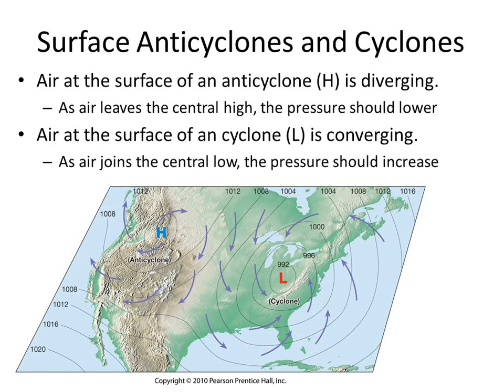So here's the deal, and I didn't say it, but on the slide with the high, it said air is diverging. So here basically we have air converging. If air is converging, what this slide says is if it's kind of piling up there, eventually that low is not going to stay low very long. It's going to turn into a high. We could say a similar thing about our